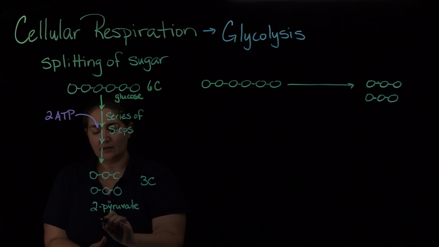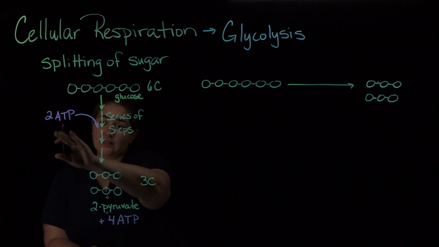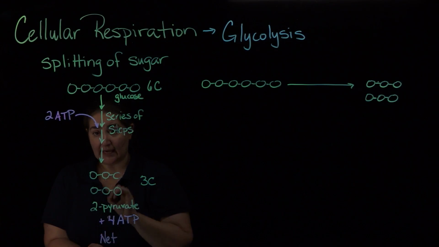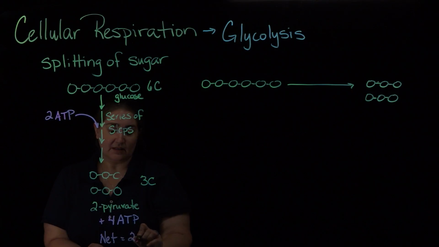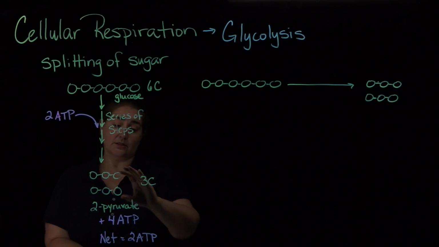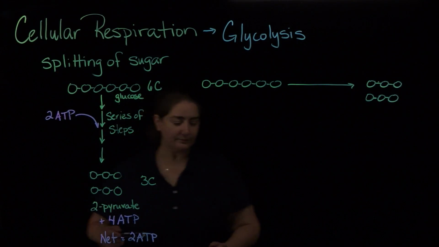All right, what we get out at the end, we get our 3 carbon molecules, the pyruvate, plus we're going to get 4 ATP, okay? But remember, we had to put 2 ATP in, so our net ATP is going to be 2, okay? So the total ATP we generate out of glycolysis is going to be 2, all right? So that's one of the products I want you to know associated with glycolysis. I want you to know the pyruvate, I want you to know the ATP, and then I'm going to use